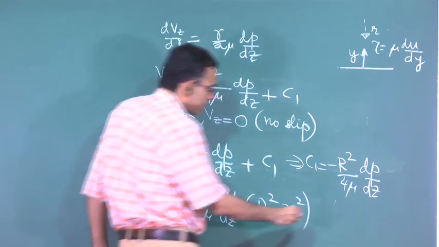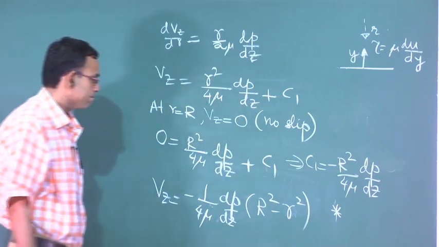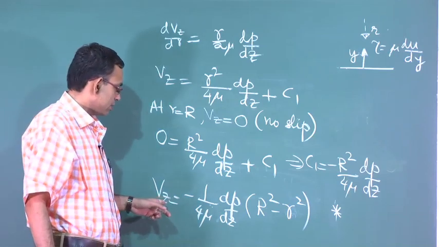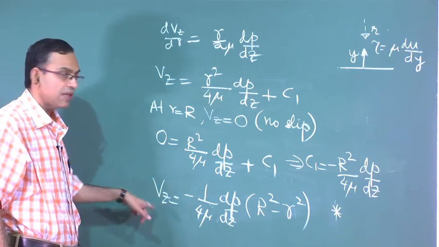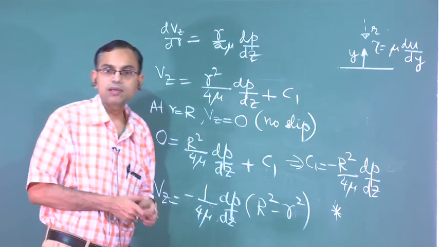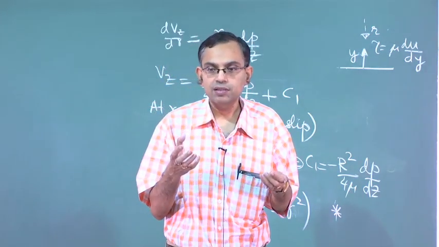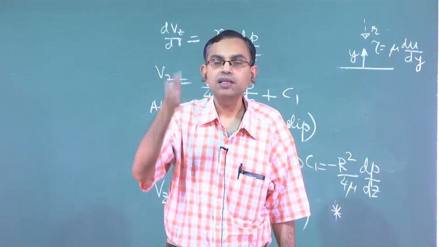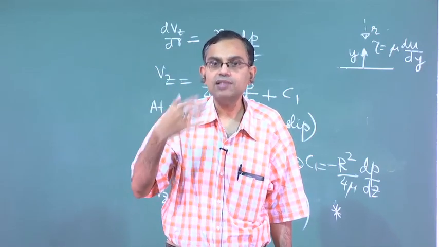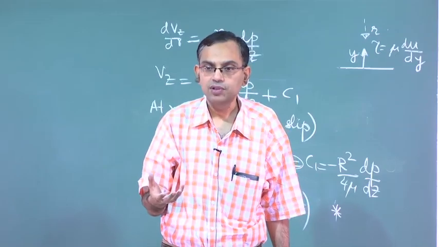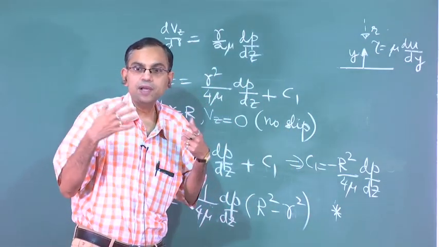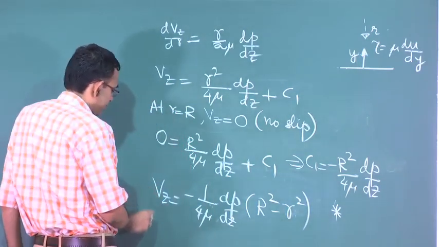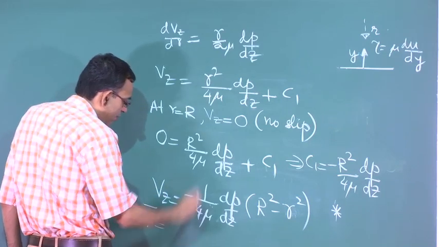We will keep this equation in mind because we will be using this for certain purpose, but you can also express it in terms of the average velocity. Why is average velocity important? Because in experiments you can measure flow rate, the total rate of flow at a given section in the pipe, and if you divide the flow rate by the cross sectional area, you will get the average velocity. So average velocity is an experimentally obtainable parameter, and that is why instead of this you can express the same in terms of the average velocity.